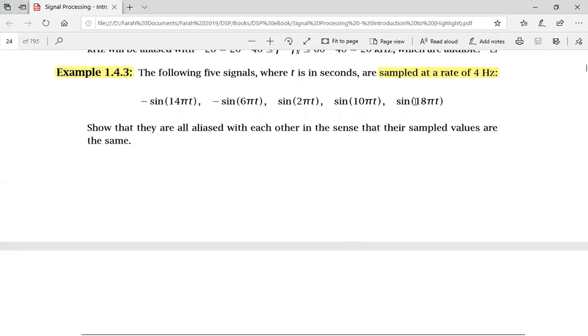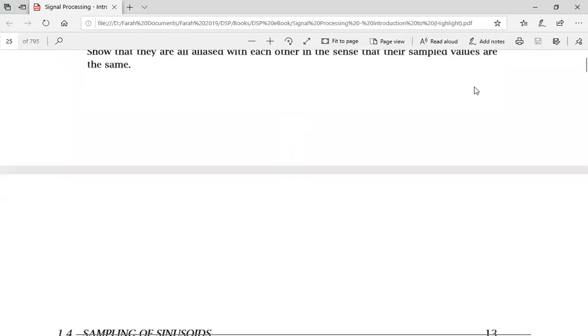Here, for example, the last one would be 9. 2, 18 divided by 2 would be 9. Here, 10 divided by 2 would be 5. And then 2 divided by 2 would be 1. So here, the set of 5 frequencies are there, and you are sampling all of them at 4 hertz. Okay, so if you just have a look over it,